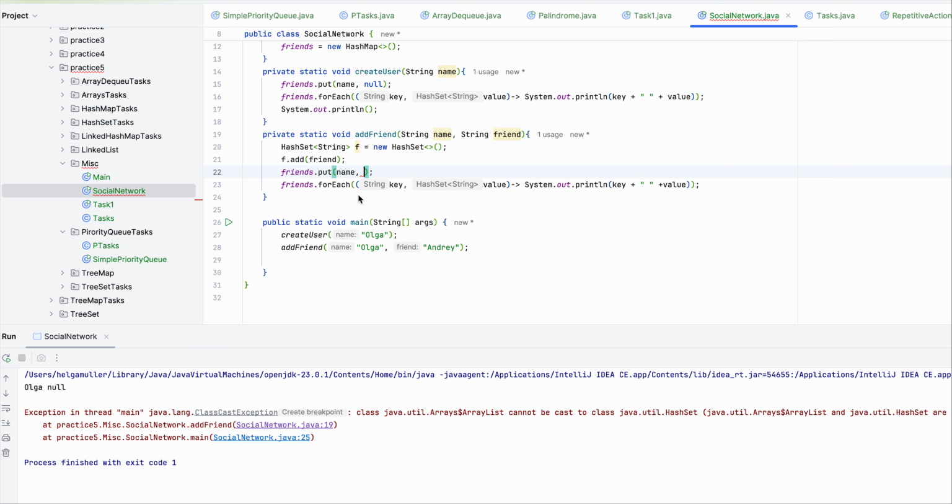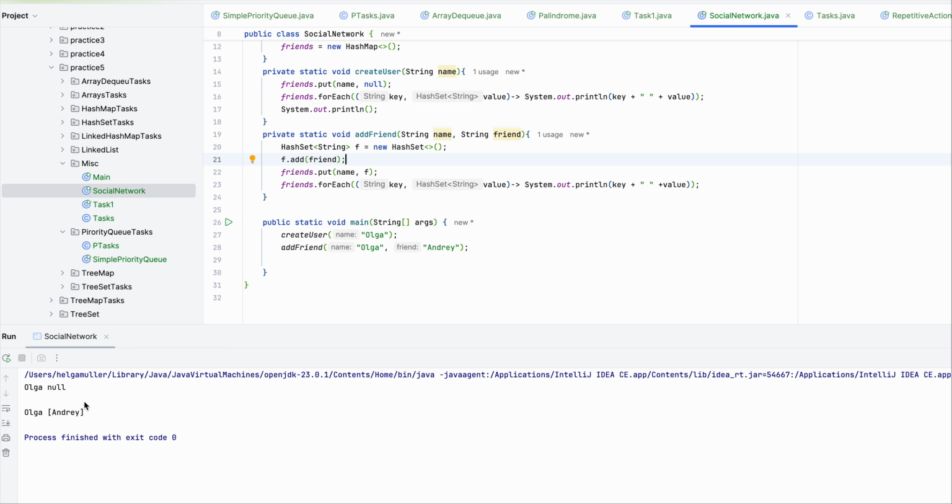Okay, so it will be name and f. Oh, looks like it worked. Great. And let's add another. Add friend and